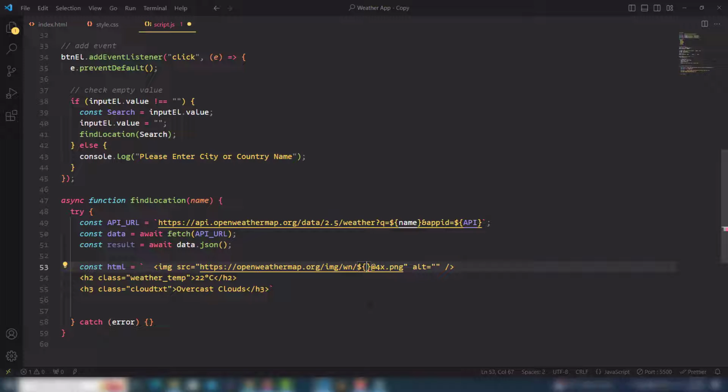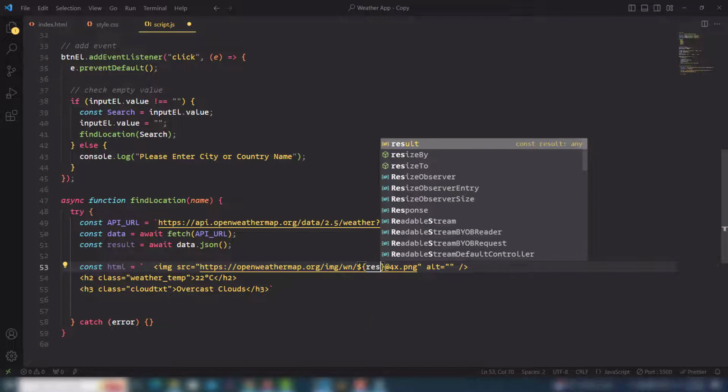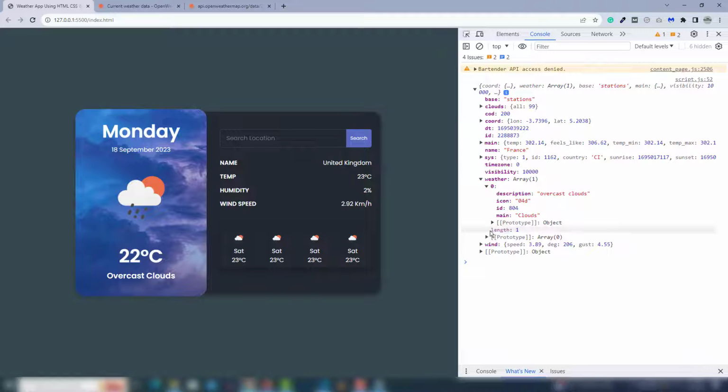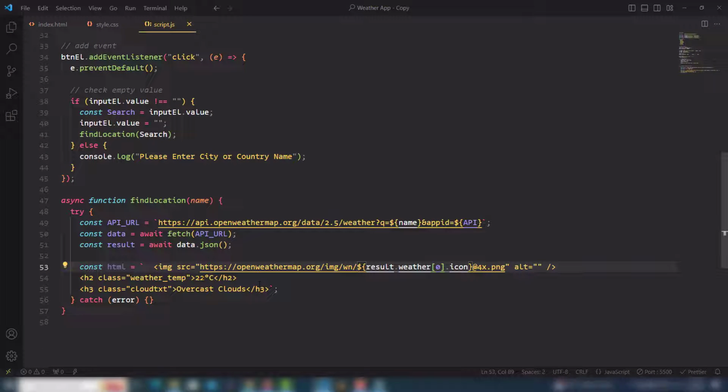And inside that I need to target my result, the one that has the data. Inside the result there is weather, right? Inside the weather there is index number 0. Inside the index number 0 there is an image, so I have an icon. So let's check it one more time: icon, weather, 0 index, and the ID of the icon. So the next one is weather temperature, so you need to get it from